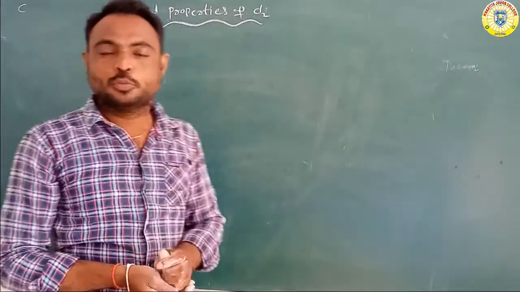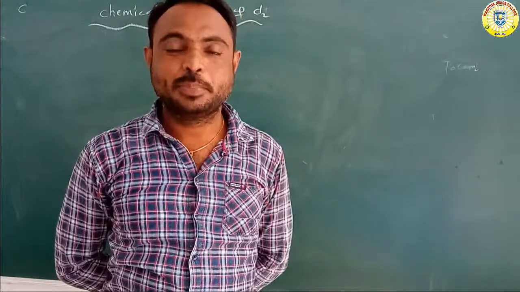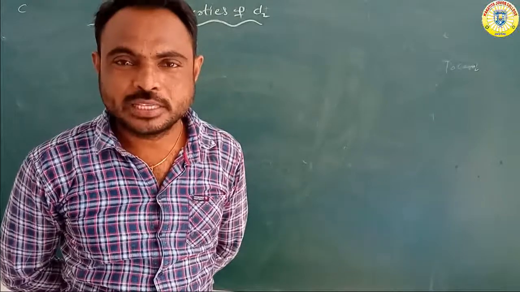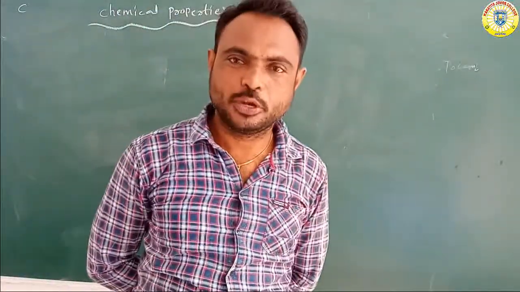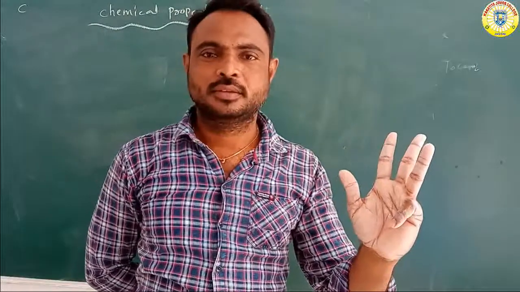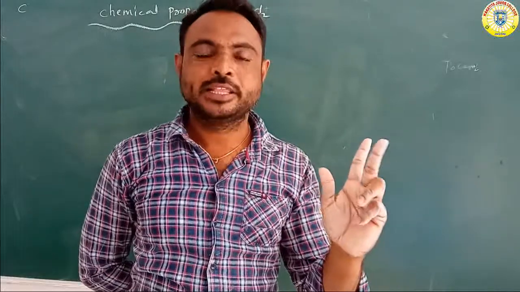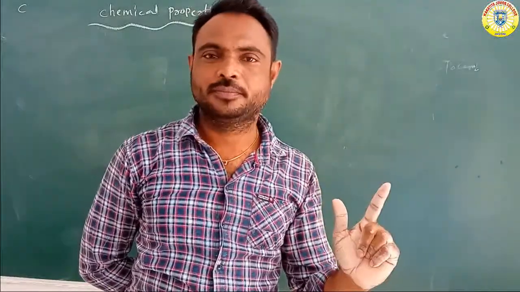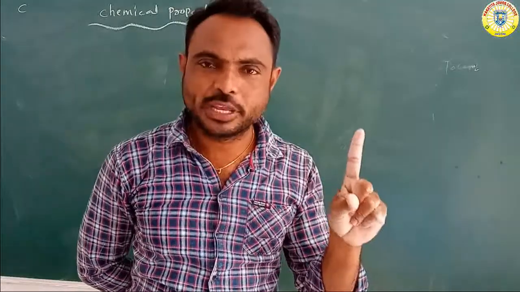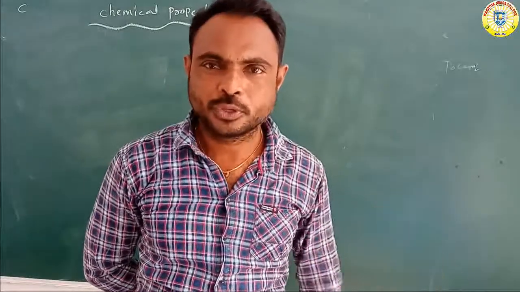Okay. Good morning, students. Last class we discussed the preparation of chlorine. Chlorine is mainly prepared by three methods, as we already know. Number one, the Deacon process. Second, the electrolysis process. And third, the laboratory method. In the Deacon process, hydrochloric acid reacts with oxygen to form chlorine gas.